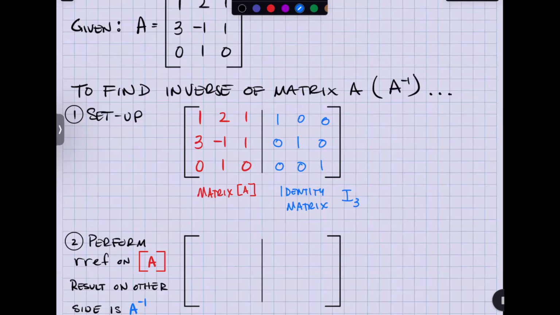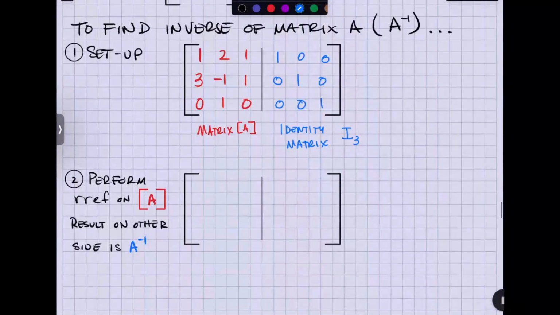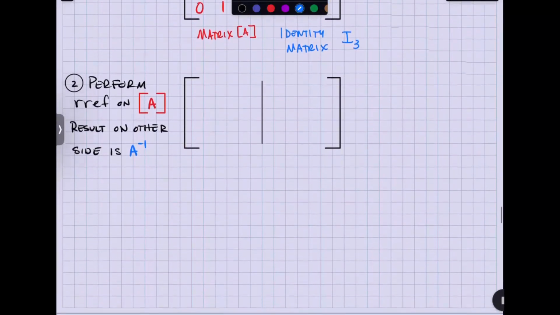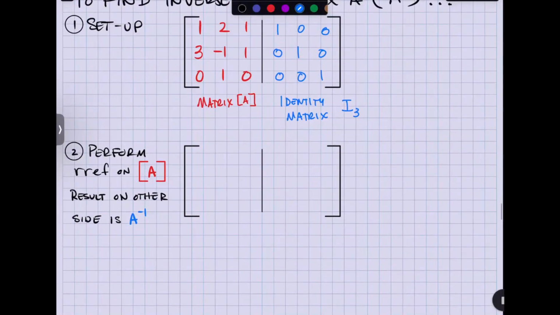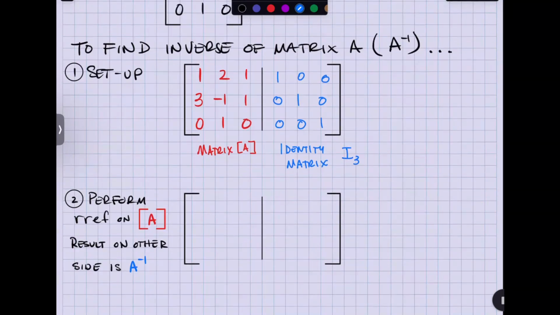Okay? We okay so far? Are we sure? Okay. So, this is how you find your inverse. Ready? So remember